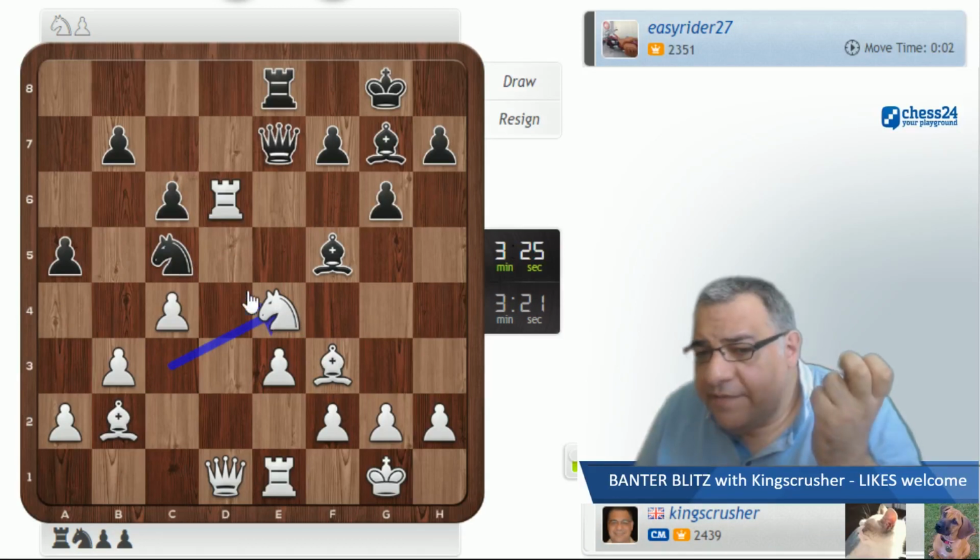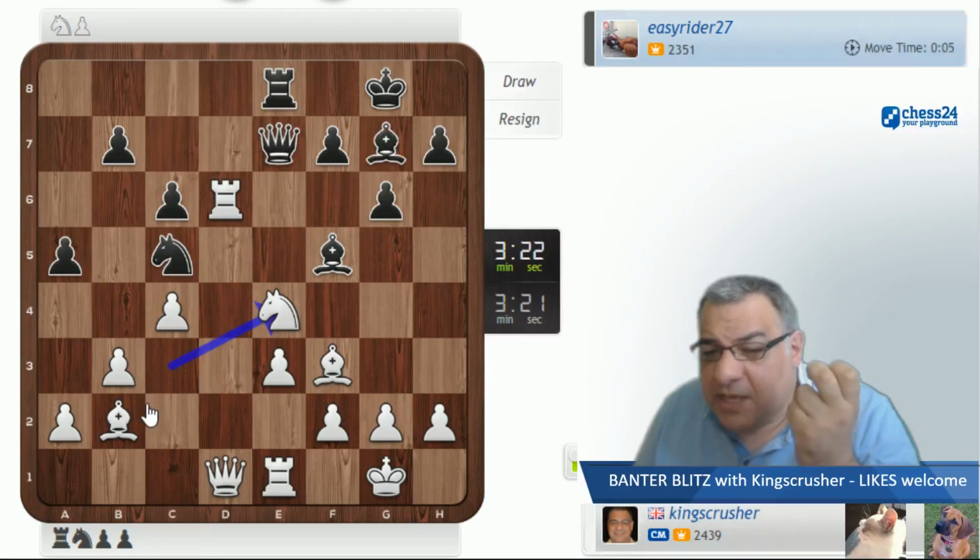So I'm threatening knight takes c5 here. And on bishop takes, I'm going to take, if I can take away that...